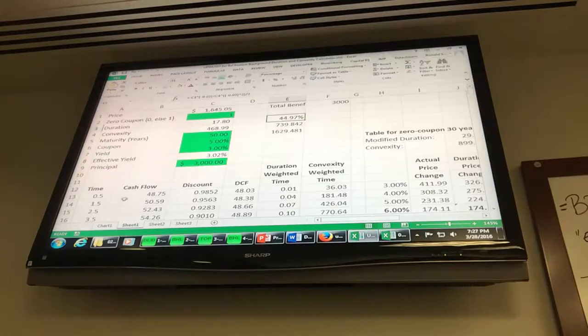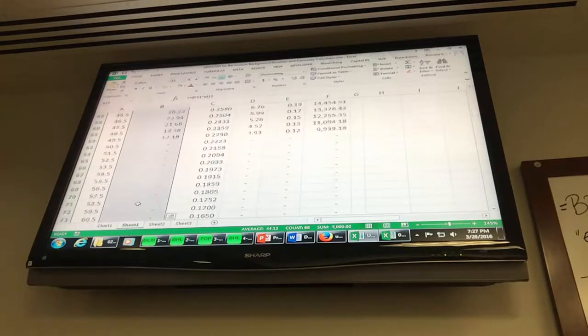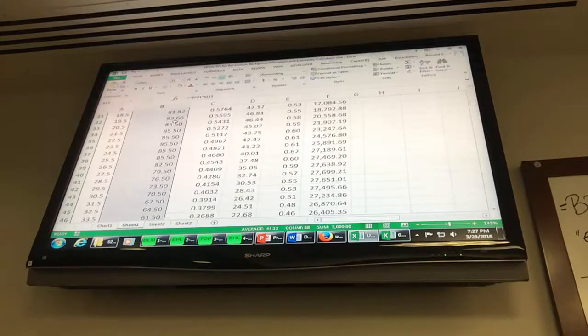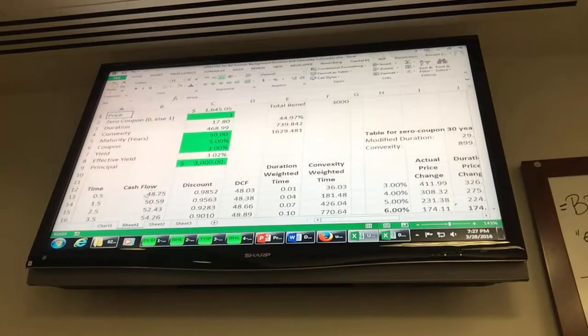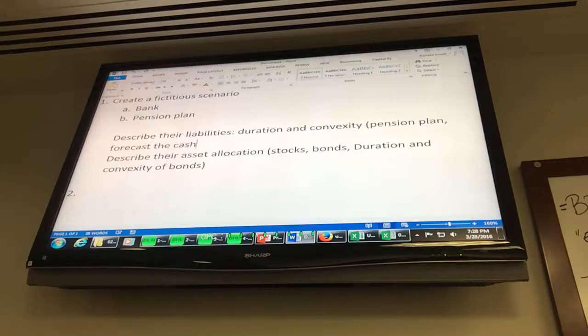So y'all see that the first thing you got to do is you got to project your liability. The best way to do it on a pension plan is like this. I think this is a whole lot easier to understand in the bank. With the bank, you're just making numbers up, kind of what we did in the exercise. It's not quite as exciting, where here you can use Robert Arnott and build that. So you need to describe it. So the liability for a pension plan, if you just forecast the cash flows and then use